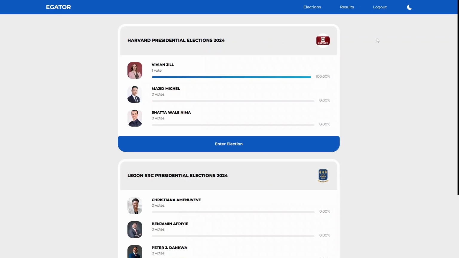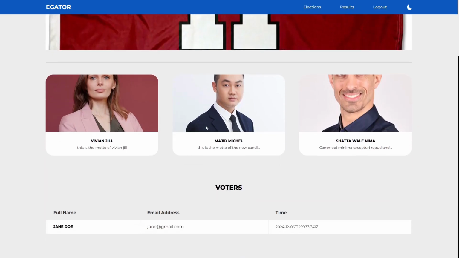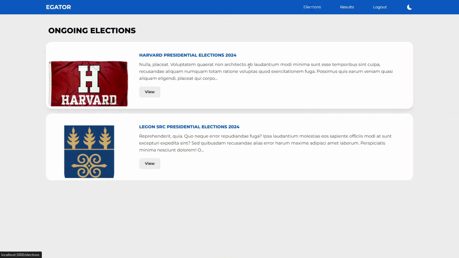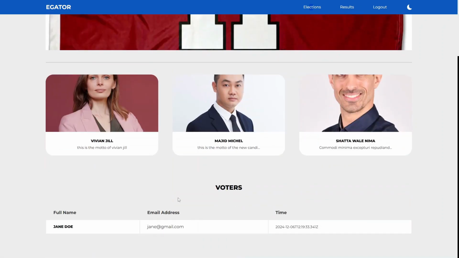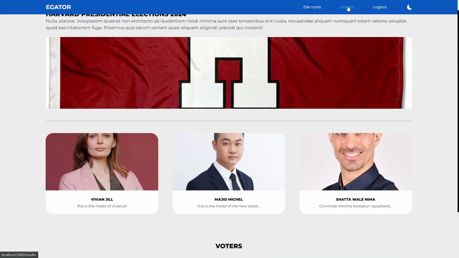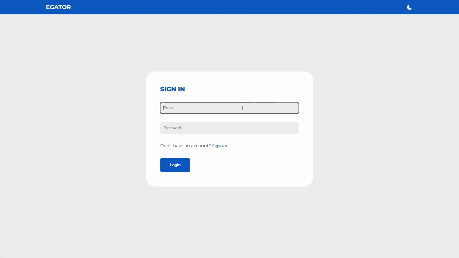Perfect. All right, now Jane would not be able to add any elections. Of course, she can go ahead and view the details of each election. As you can see, once you click on view, if you're not an admin, you get the details of the election, the candidates and the voters in that particular election, and that's what you get. But I'm going to log out here and sign in